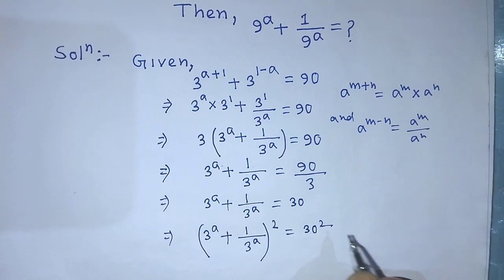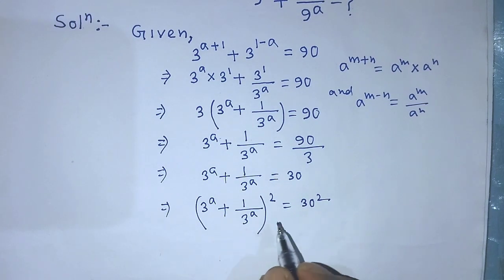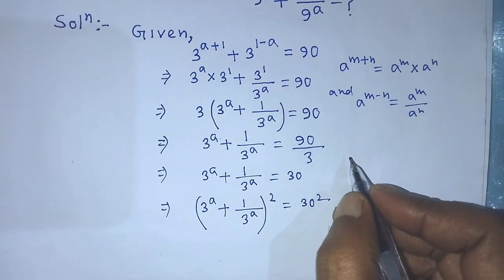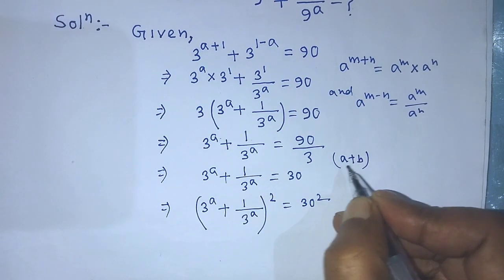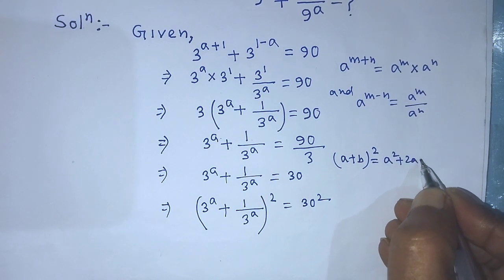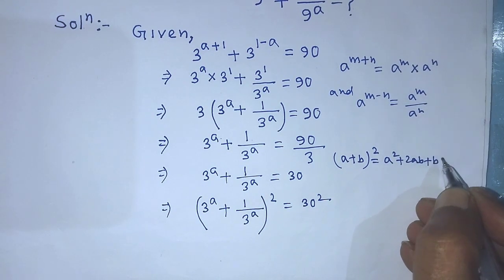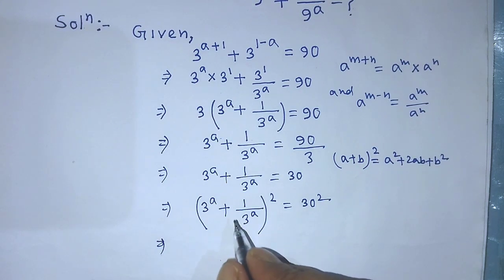Okay, so student, to simplify the left hand side of this equation, we have to apply the formula (a plus b) whole to the power 2 is equal to a square plus 2ab plus b square. So this formula we have to apply on the left hand side of this equation. So we can write from this algebraic expression